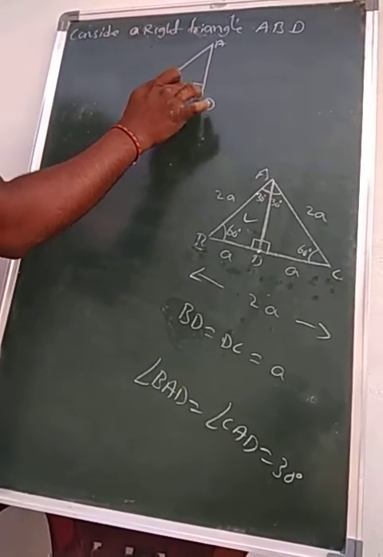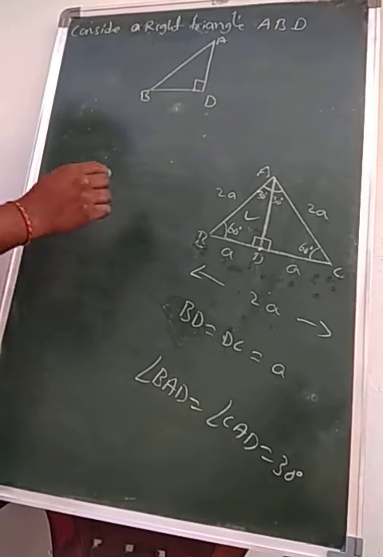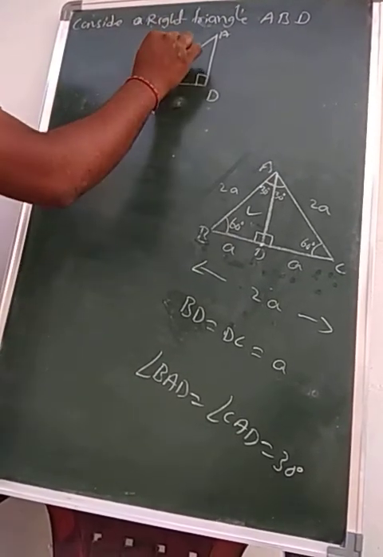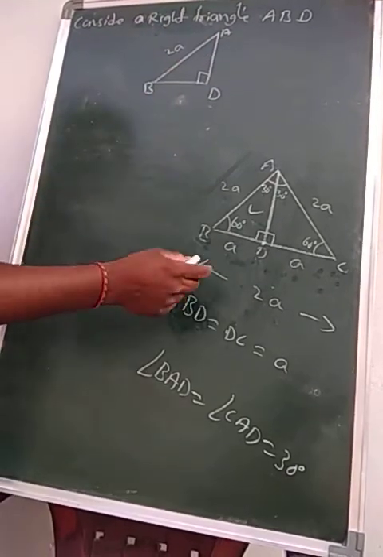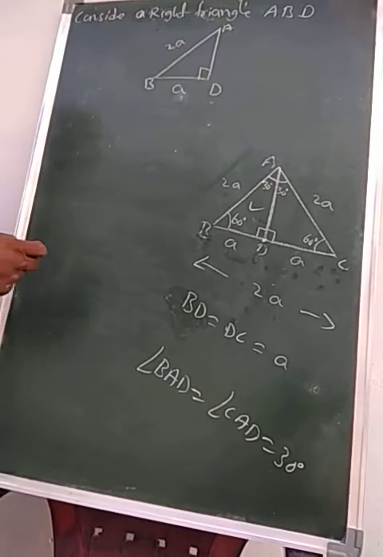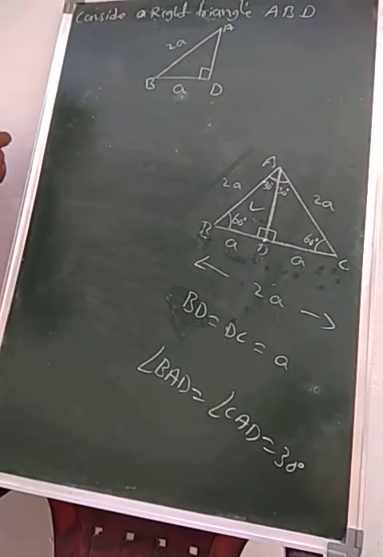Angle D is equal to 90 degrees. We know the length of AB is 2A. The length of BD is A. Okay, using Pythagoras theorem,